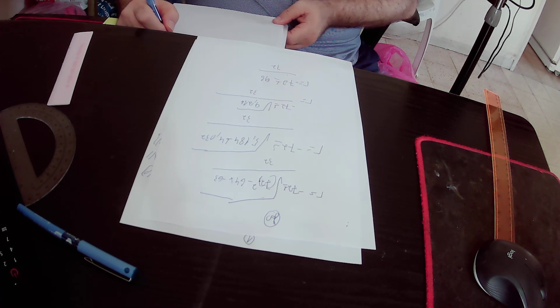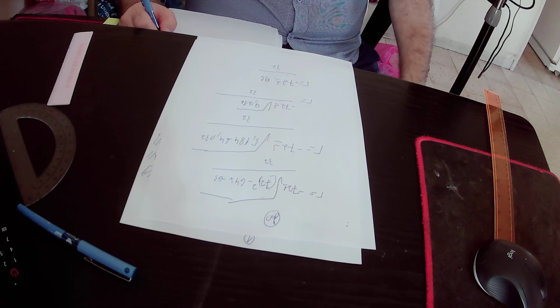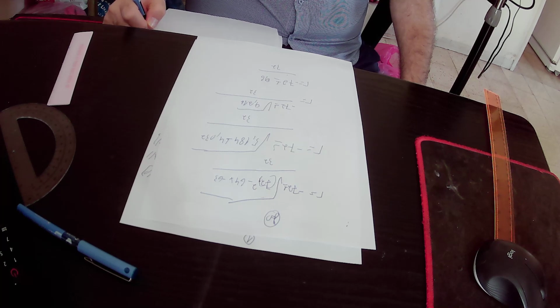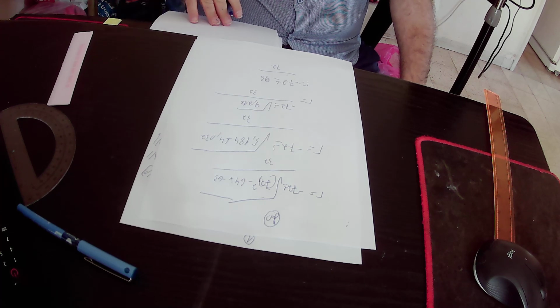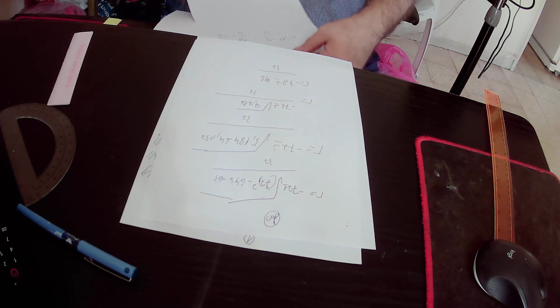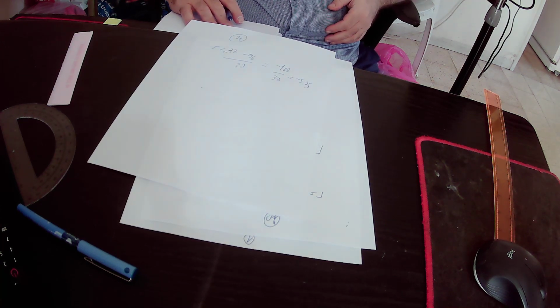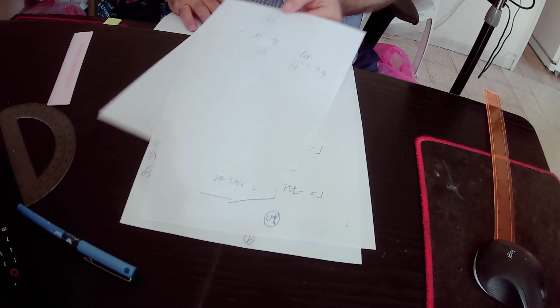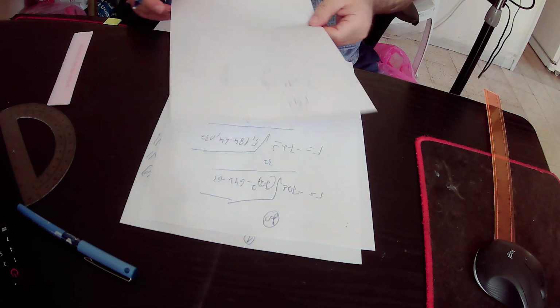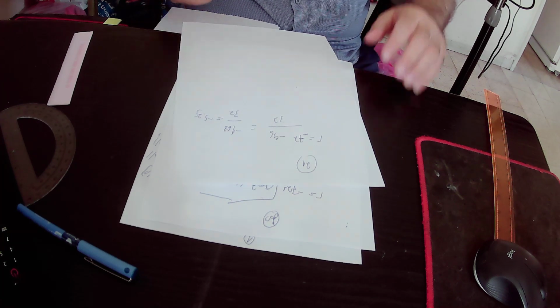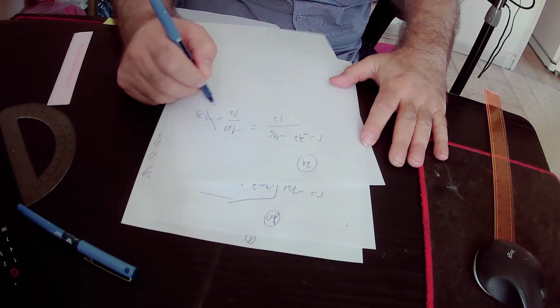Minus 72 minus 96 is minus 168, over 32 is minus 5.25. Okay, the first solution is that the radius of the small circle equals minus 5.25, but because the radius must be a positive number, this solution is not correct, and